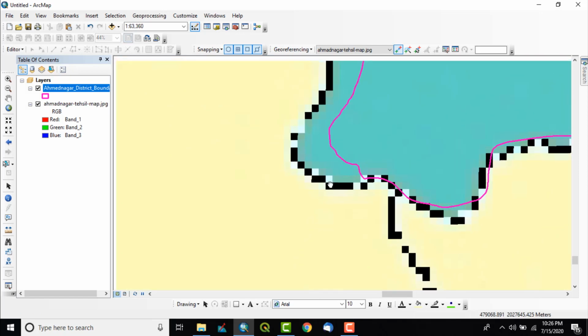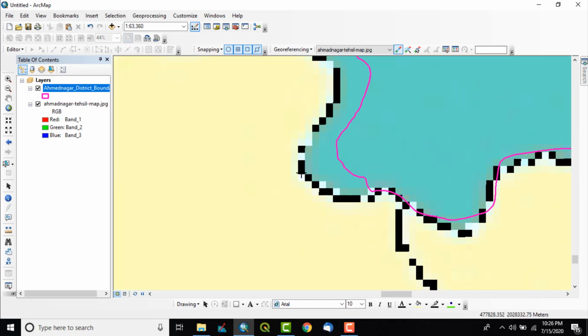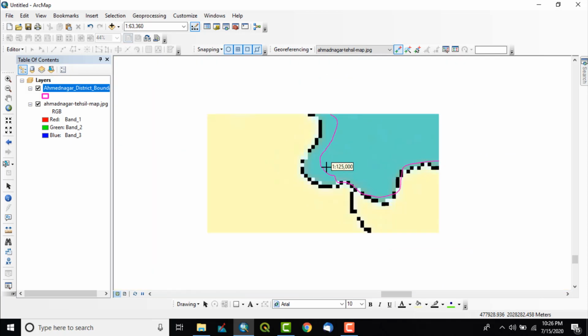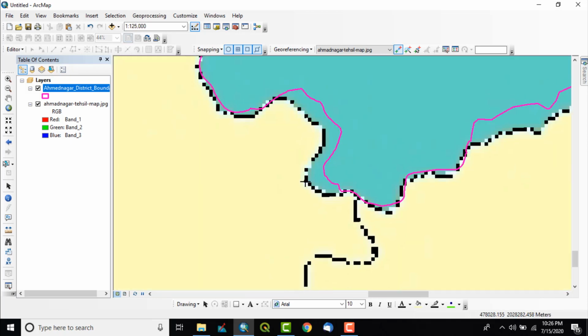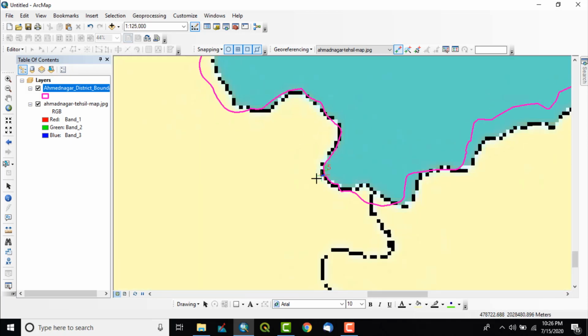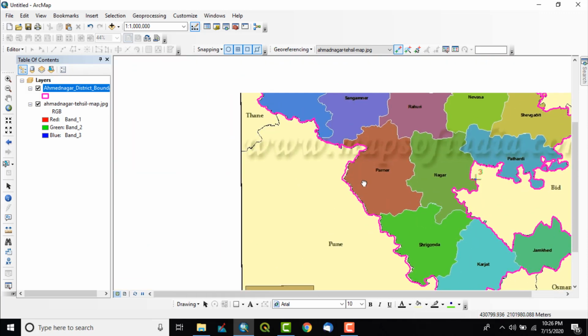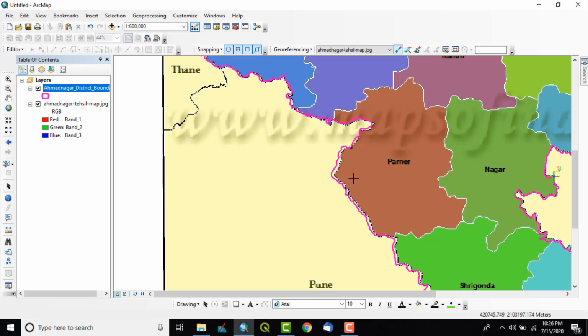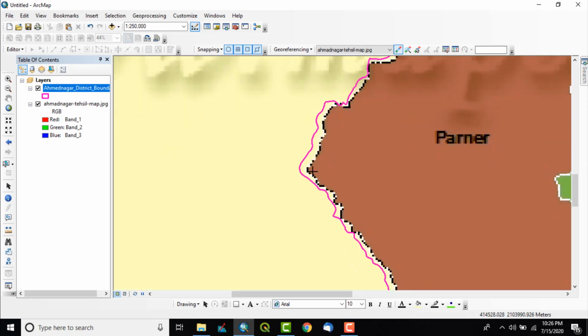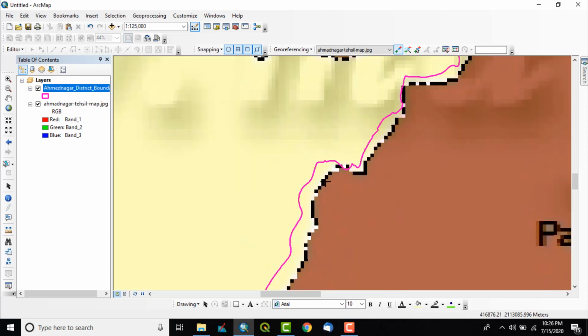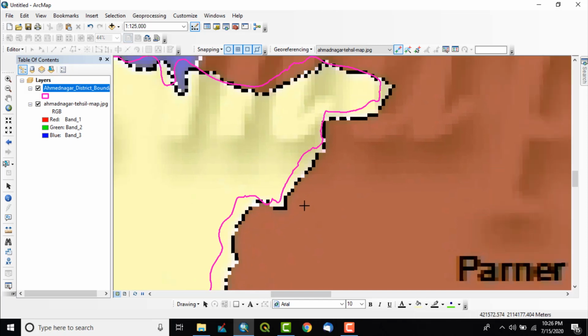Let us take a point where we are getting the maximum error or mismatch of the boundary. If we want to minimize error in one area, that may affect another area and may disturb the shape.